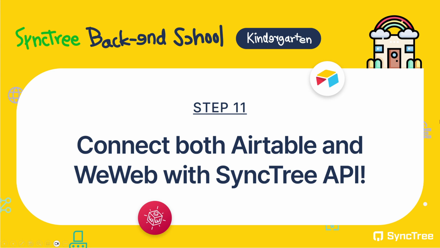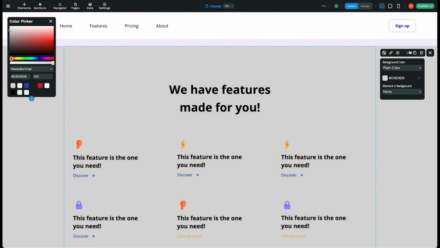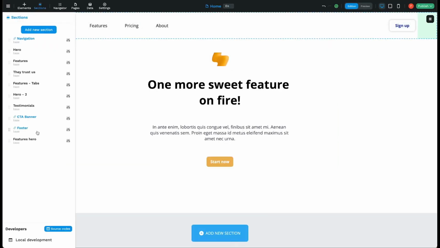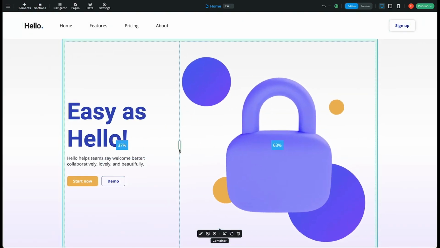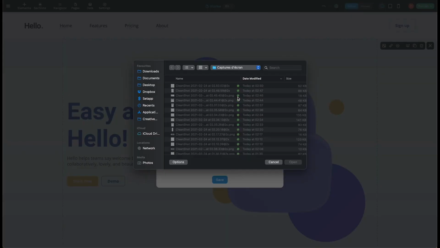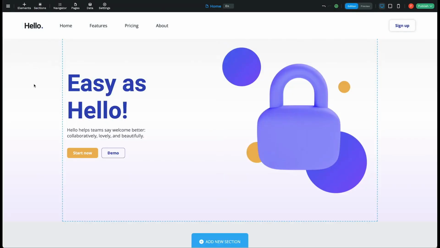This is the last class of the Backend No-Code School Kindergarten course, and we will teach you to show editable data on WeWeb with the GetEditableList API that we made in the previous session. WeWeb is one of the most useful no-code services, just like Editable. It is especially suitable for building a front-end that makes up the screen of the web service with simple settings.